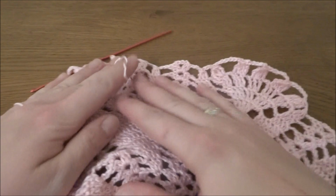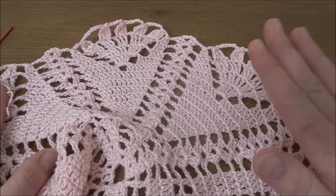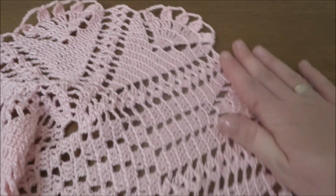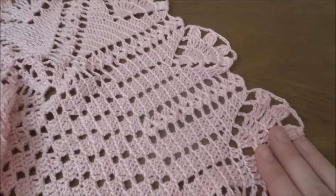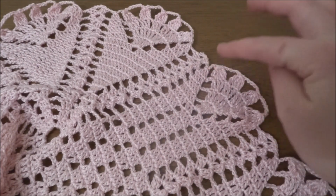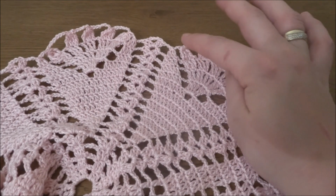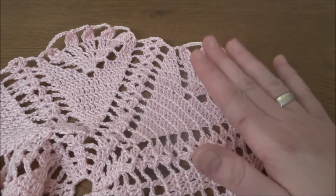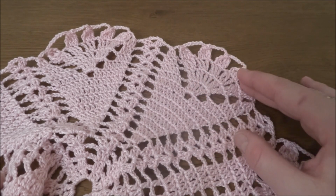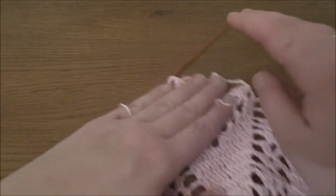Now I am working on my short side. I didn't record how to make it from the beginning because basically the pattern is exactly the same as on the long side. On the long side we have to work 5 groups of 4 treble crochets together, so everything staying the same. We have to work chain of 7 between each group, and then